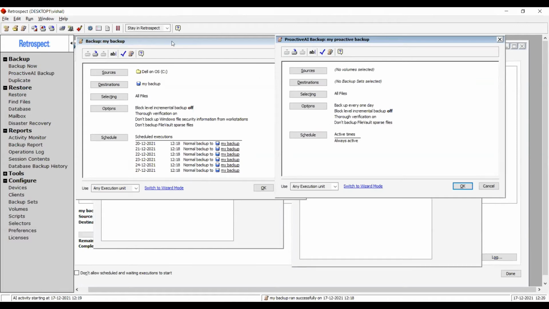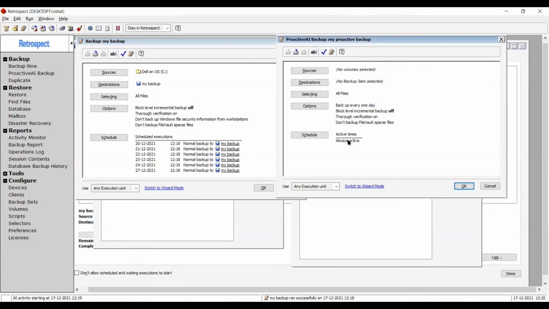Now, when to use a managed script or when to use a proactive backup script? There are two key differences. One is that the managed script will only execute at a scheduled time, irrespective of whether the source is live or not. So if I'm doing backup of a network computer at 12:18 and the computer was not live on the network, then this script will run and log the error 530 client was not found. Whereas this script will wait forever to hear back from that client.